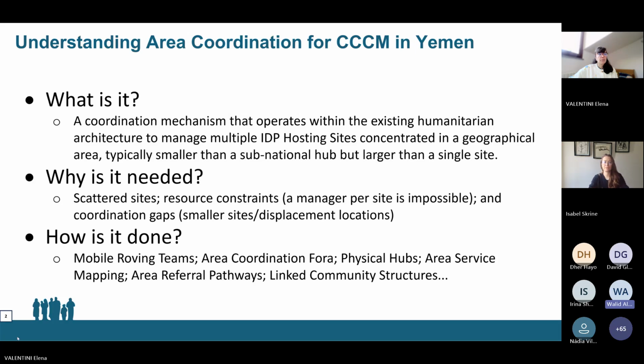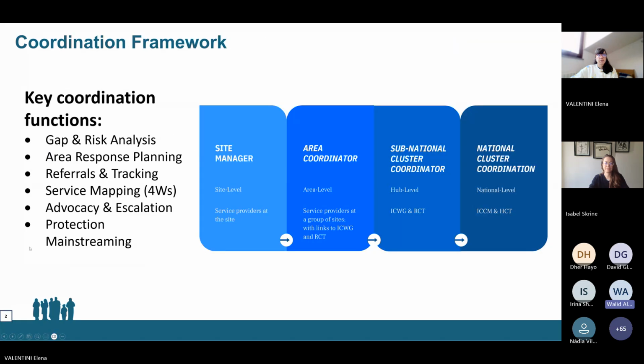And it allows for area service mapping, area referral systems, and linked community structures rather than individual disconnected community committees per site. So this is basically what characterizes area coordination. In terms of coordination framework, the area-based coordination or the area coordination CCCM is integrated in that it does connect between site level and subnational